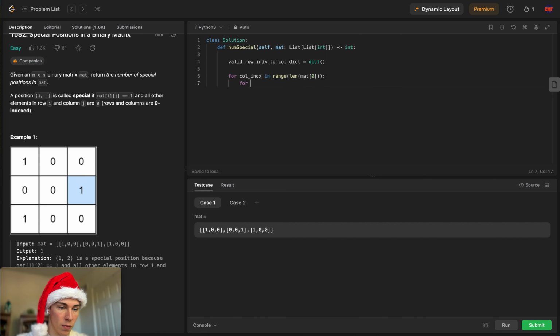Okay, let's see, for row index, because I don't have access to the whole column right away, I actually have to go and do another loop. This is not ideal, but it'll get the job done. Let's have a value here, mat of row index and column index, if val is equal to 1,